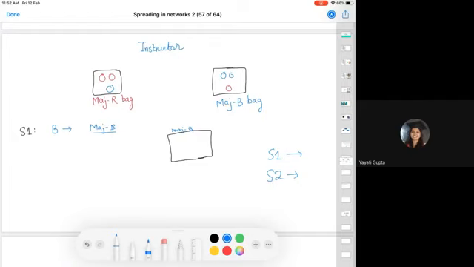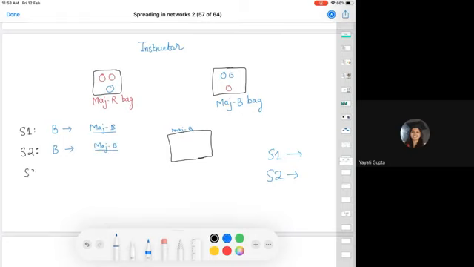Now student 2 knows that student 1 has said that it's a majority blue bag. So it's now the turn of student 2 here. Now student 2 can draw a blue or a red ball. So what if he draws a blue ball? Student 1 has already said that it's a majority blue bag and now I am also seeing a blue ball. His belief is all the more reinforced and he also ends up saying that it's a majority blue bag.